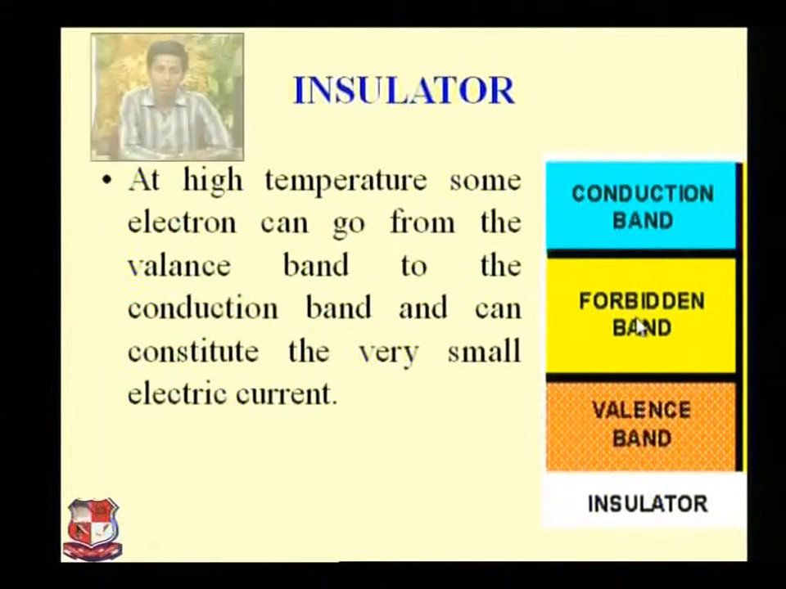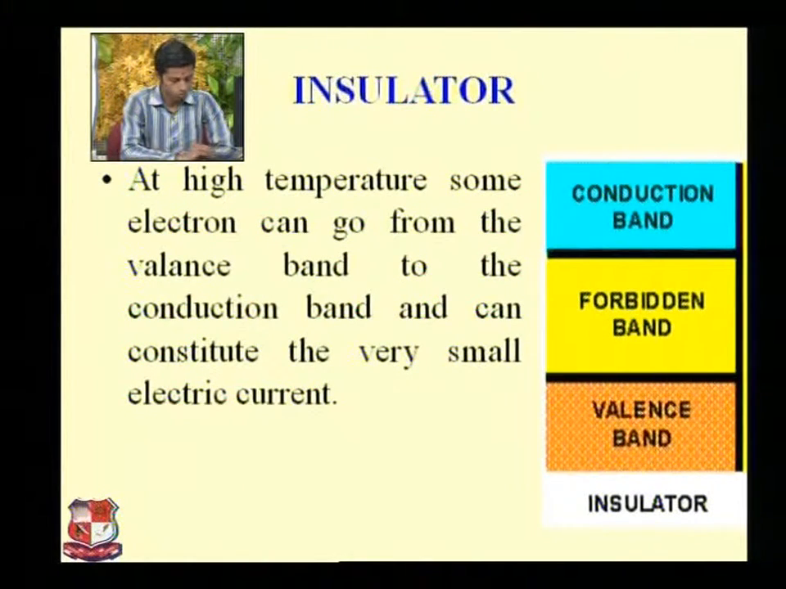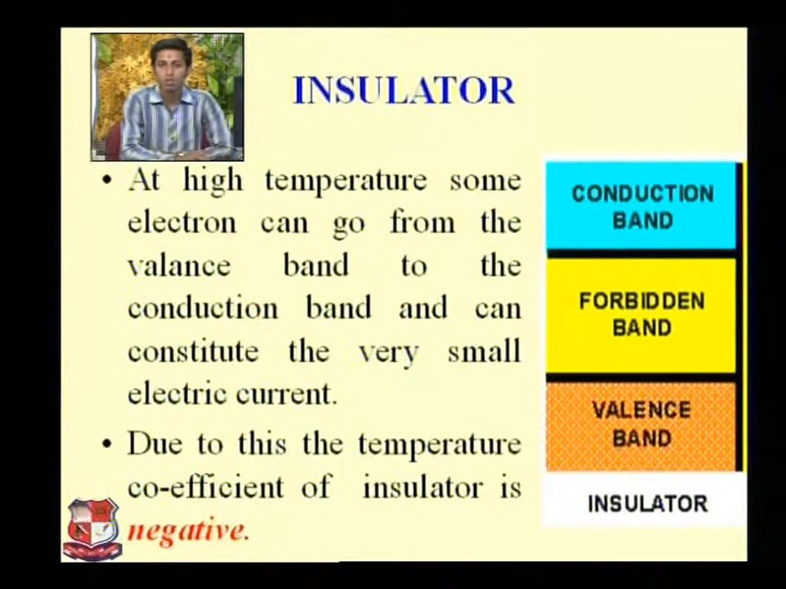Electron volt forbidden gap. That means it is not easy for an electron to pass through this forbidden gap and reach the conduction band. So electrons cannot go easily, but if the temperature is very high, then a few electrons can go from the valence band to the conduction band. So a very small electric current, or a few leakage current, may pass through the insulator, and due to this effect,